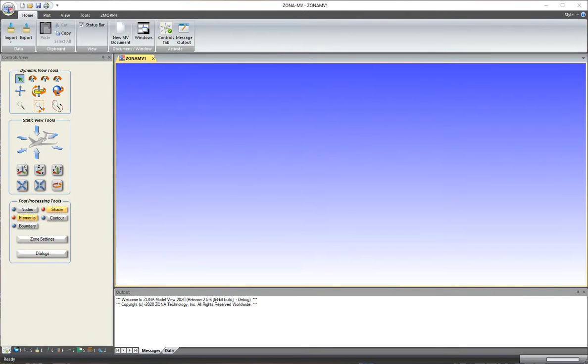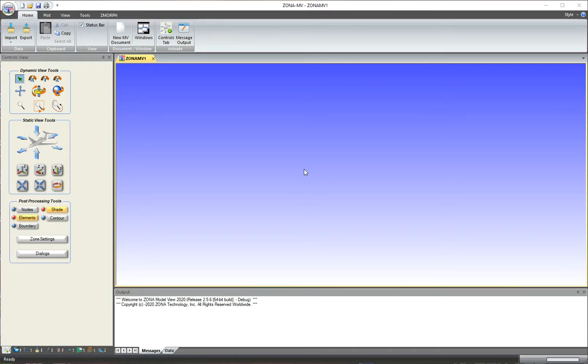The PLTTRIM bulk data card used by the ZAERO, ZEUS, and ZONAIR codes can be used to view the static aeroelastic trim results in a trim analysis. Results from PLTTRIM are typically the aeroelastic trim deformation and/or the resulting pressure distribution. For this example case, we have output the deformation and pressure on the ZAERO trim test case 1, which is